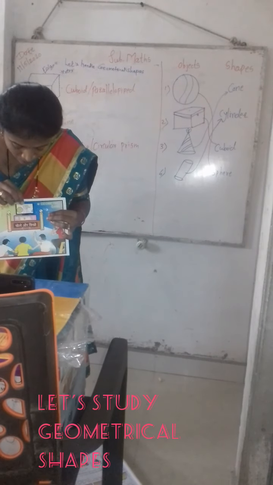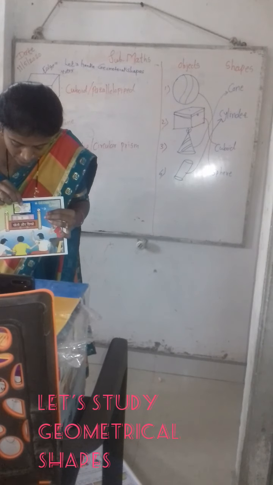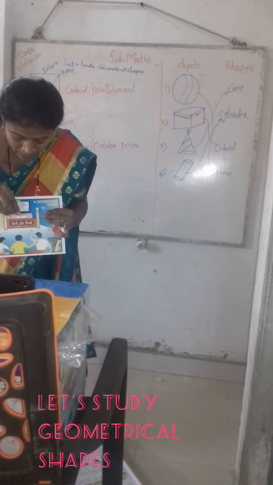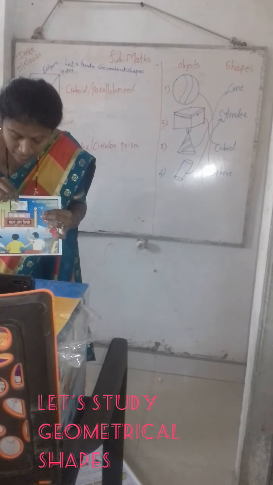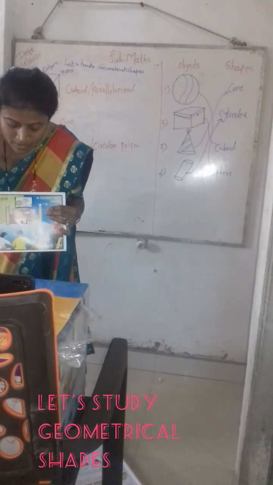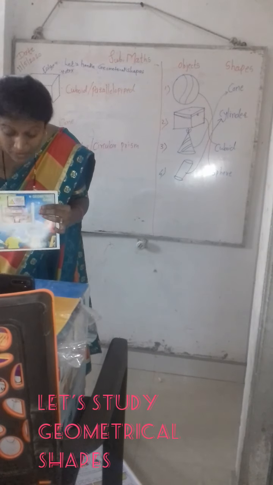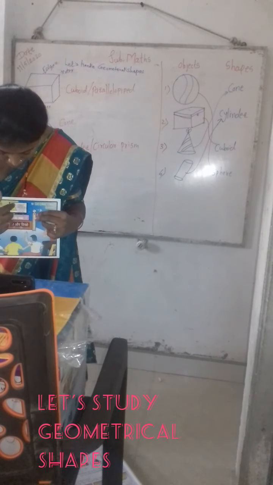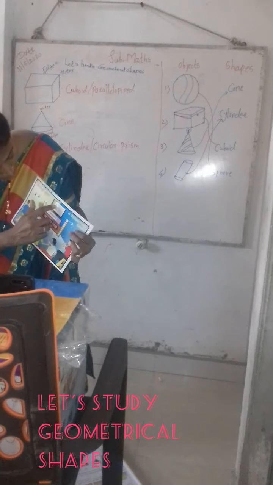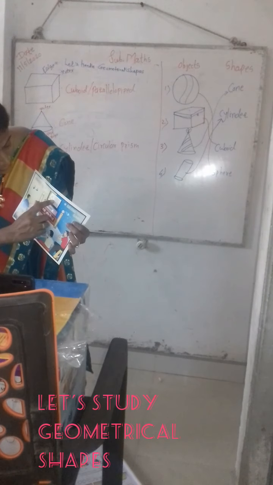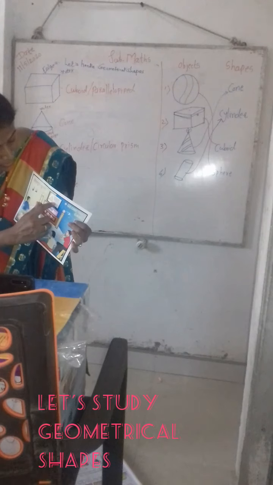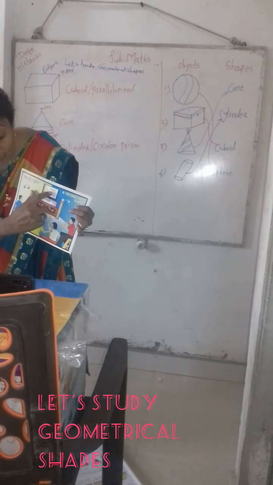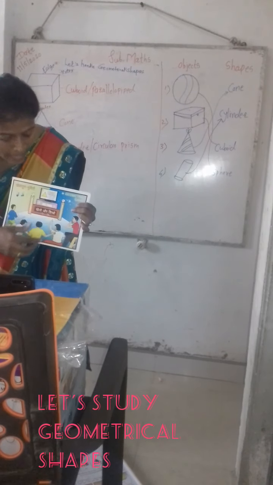Is it round? It is a circle. Is it a cylinder? Is it a cube? Which shape is this? Its answer is B, circle. This shape is a circle. Now our next shape is, can you see this? What is this? It is a rectangle, right angle. Which shape is this? It is the third one, a triangle.